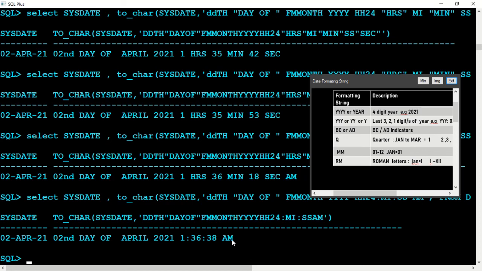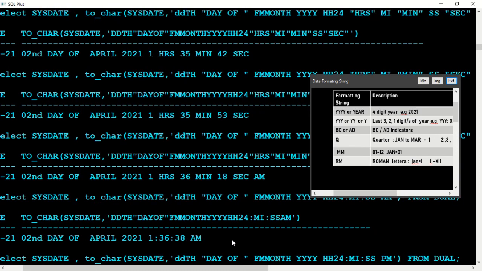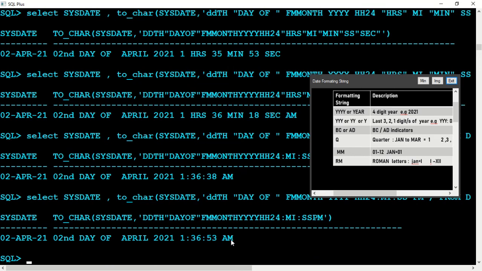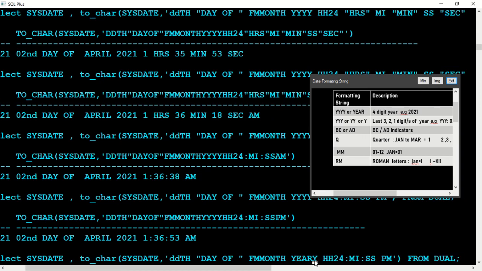If you write PM instead of AM, it will give you AM only, because right now it is 1 o'clock in the morning, or say midnight 1 o'clock, in India. Now this is giving you 2021. If you want this to be spelled, you can write YEAR here. That's all.